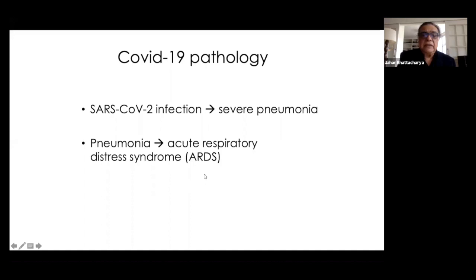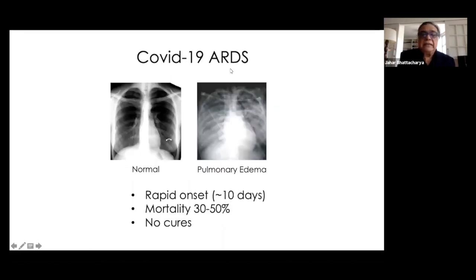So as you know, the proximate cause of death in COVID-19 is acute respiratory distress syndrome, or ARDS, in a subgroup of people who get severe pneumonia. So a few words about ARDS, that is COVID-19. ARDS is essentially a disease in which the lungs, the air spaces of the lungs, fill up with liquid. This is pulmonary edema and is evident in the chest x-ray as in the typical ground glass appearance, which typifies